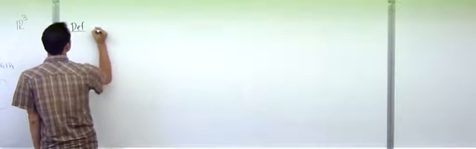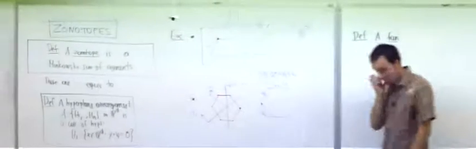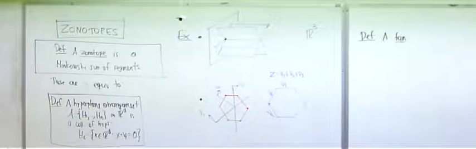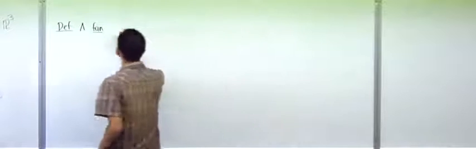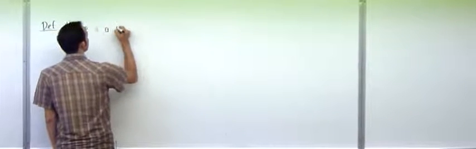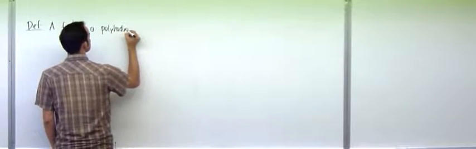So we need a bunch of definitions. I forget, have I defined fans? Okay, so let's define a fan. A fan, it's simple. It's precisely a polyhedral complex where all the polyhedra are cones. So remember, a polyhedral complex is just a bunch of polyhedra that are glued together face to face. And if everything in there is a cone, then it's called a fan. So a fan is a polyhedral complex made of cones,